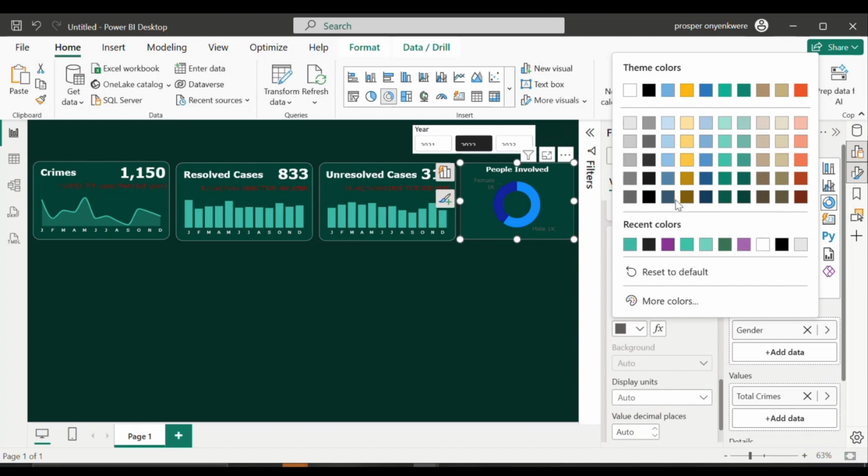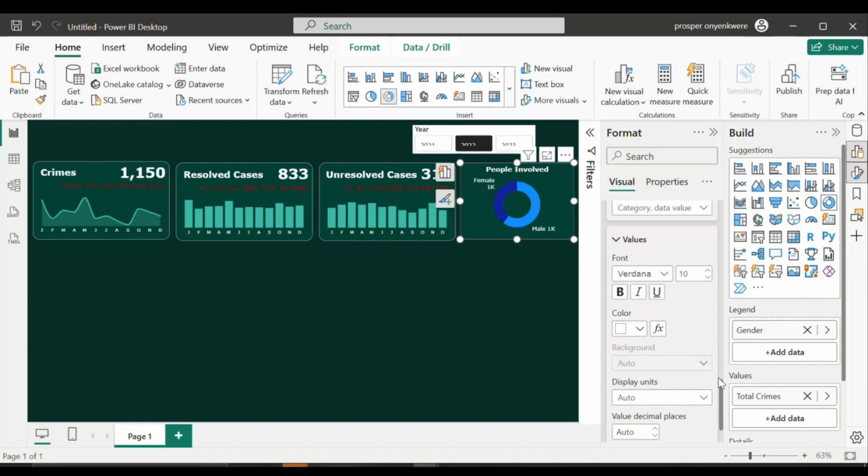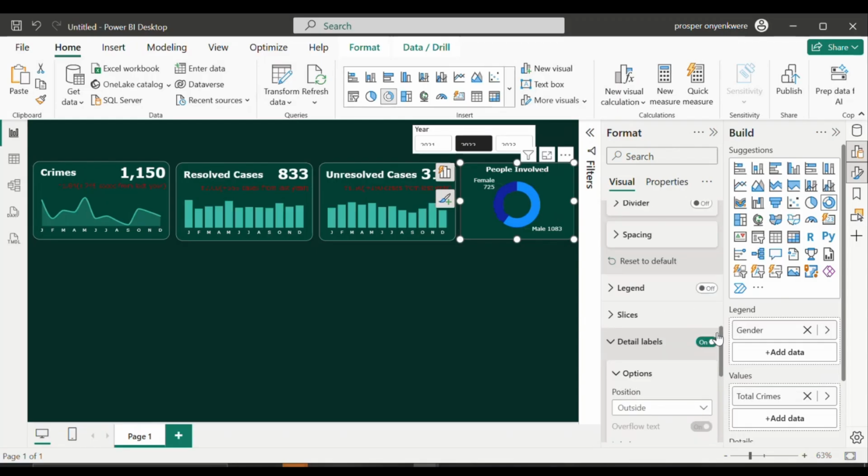The white. The display units, none. So we scroll down to the slices, scroll up to the slices for